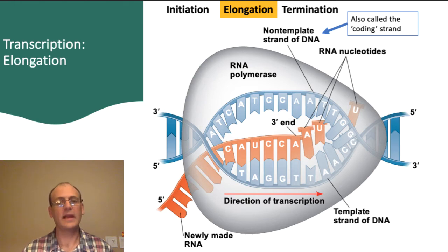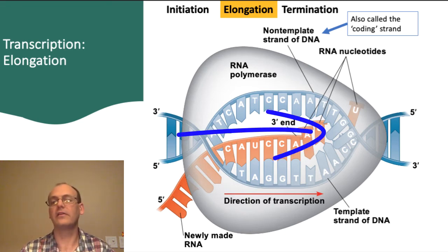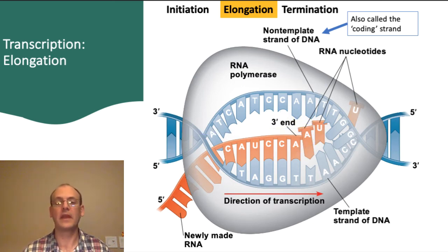Once the DNA has been opened up, elongation can start. The RNA polymerase moves downstream along the DNA strand, and RNA nucleotides are added to the growing RNA strand. As with synthesizing DNA, the RNA nucleotides are triphosphates, allowing the addition of new nucleotides onto the 3' end to be exergonic and spontaneous. The extra phosphate groups are cleaved from the new nucleotides to form the sugar phosphate backbone of the RNA once the new nucleotide has been determined to be complementary to the template DNA.